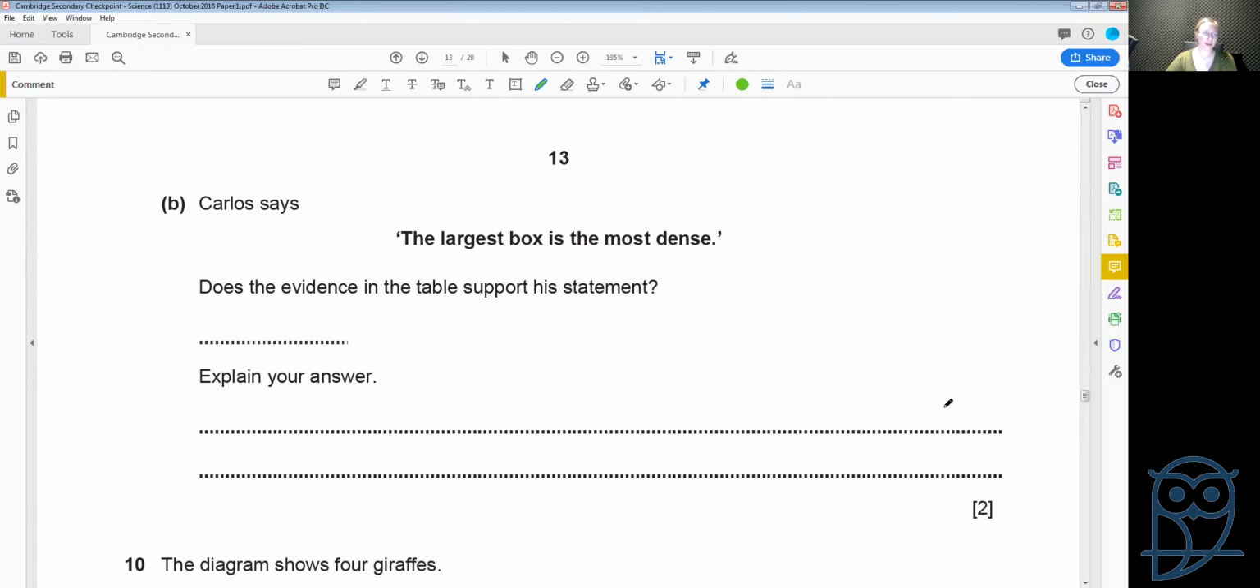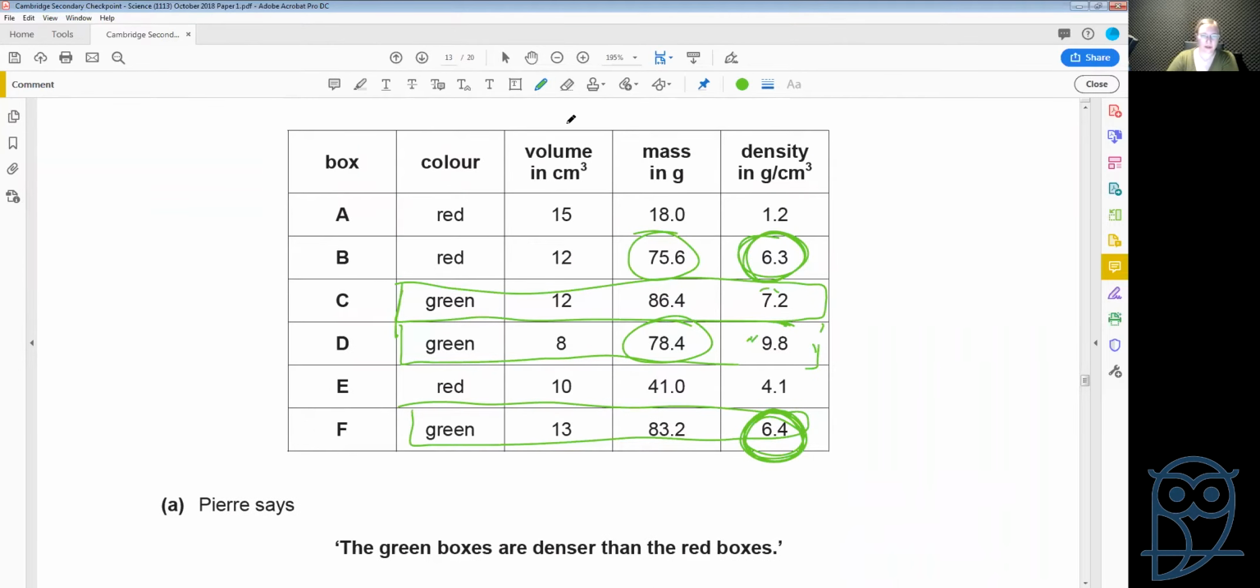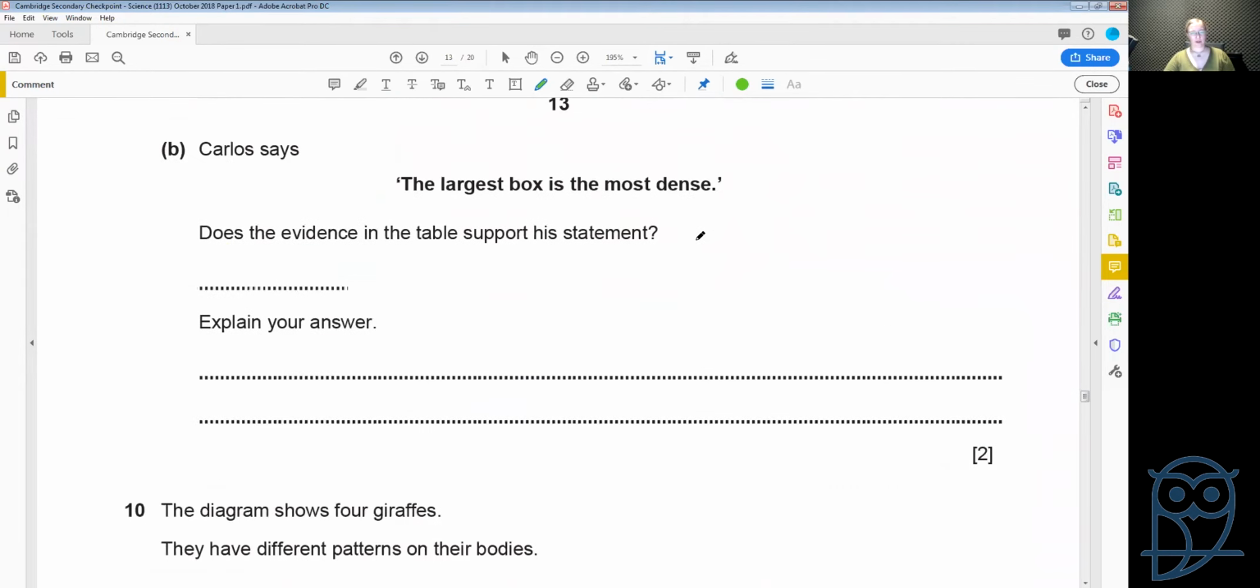So Carlos says that the largest box is the most dense. Does the evidence in the table support his statement? Let's go find the largest box. So that means we need to look at volume, and our largest box is over here, box A. So let's go look at box A. It has a volume of 15 and a density of 1.2, which is the lowest of all the densities. So no, the evidence does not support the statement. So explain your answer. The largest box